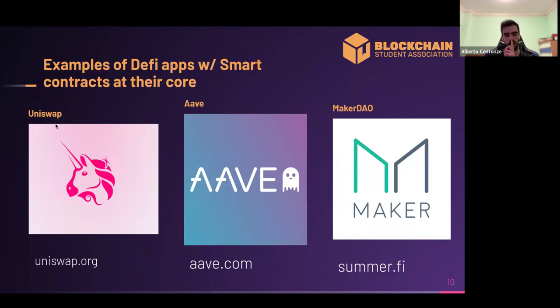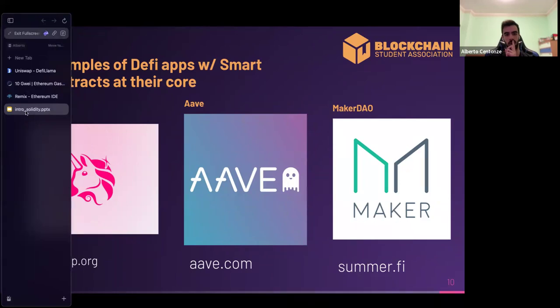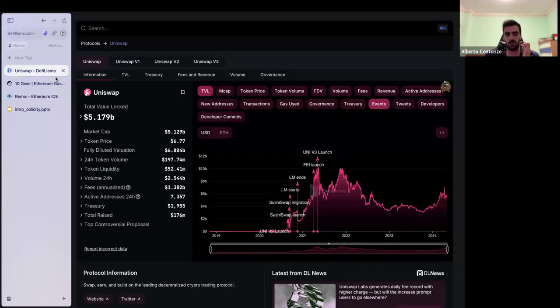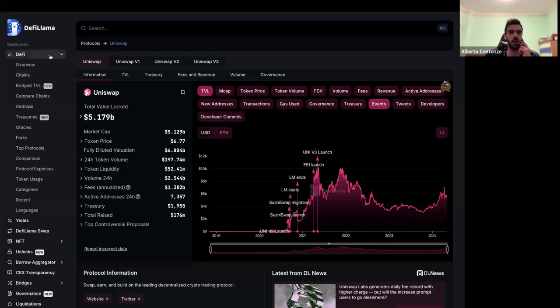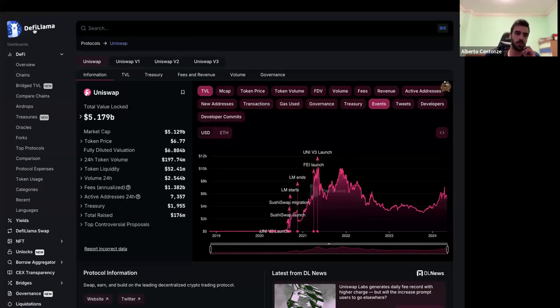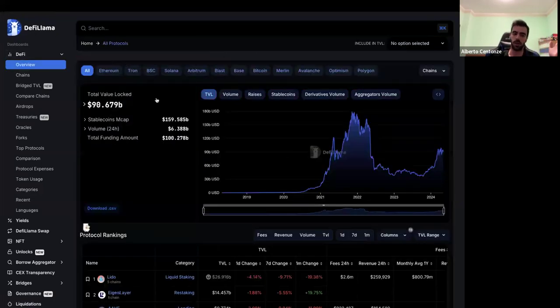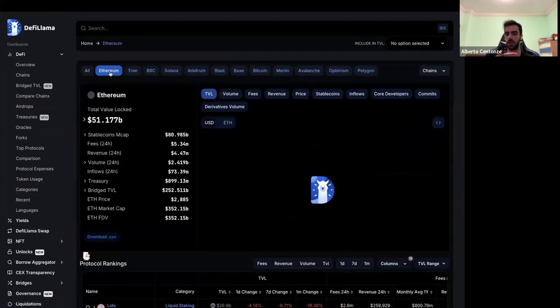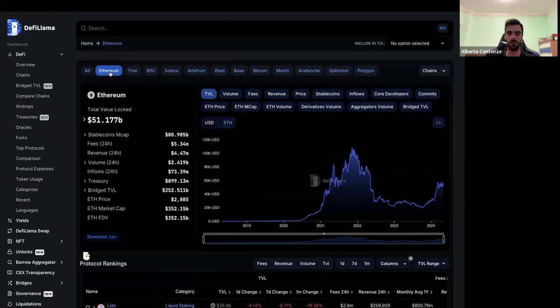What is really interesting is that they have significant value, and you can extract some of this value. For example, this dashboard is called DeFi Llama. It's one of the best for finance in blockchain, especially in Ethereum. Let's have a look at the biggest blockchains by TVL, the amount of money inside the blockchain, which could be in any form of token. There's like 51 billion on Ethereum alone.